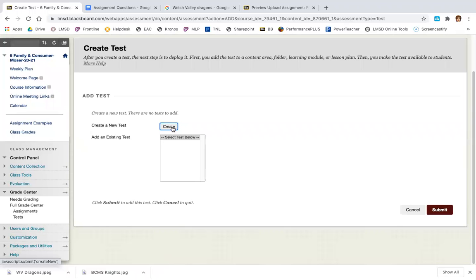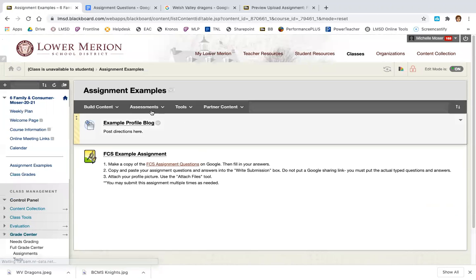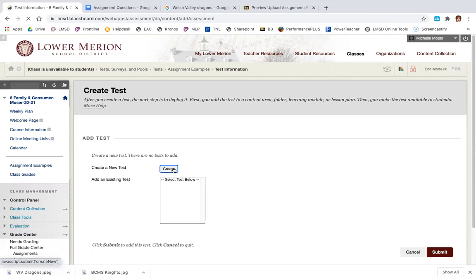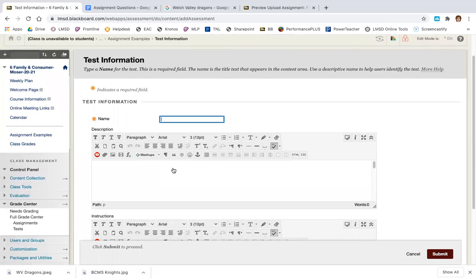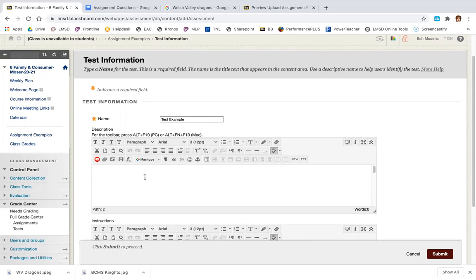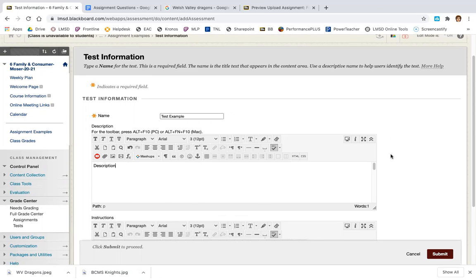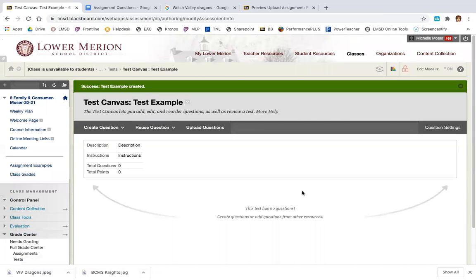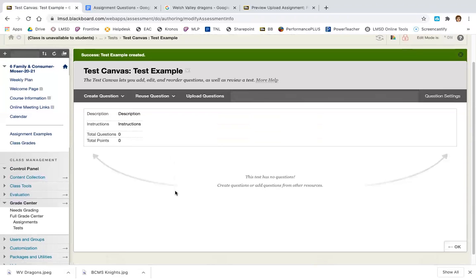So let's go ahead and create a new test. And all I did here is I clicked assessments, test, and I'm going to create a new test, okay? This one is a test example. I could describe it right here, and I could add some instructions here. Okay, so once you create your test, it just brings you to a blank test canvas where you start to